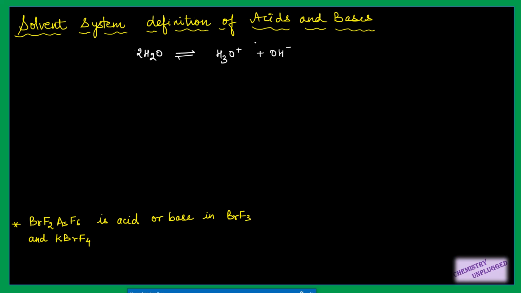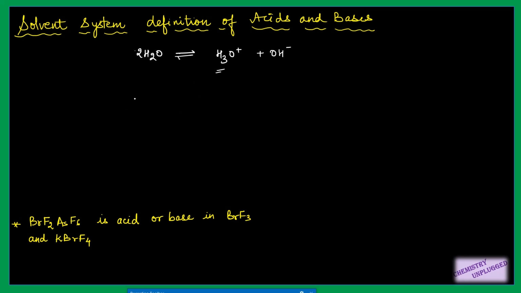Means if you have an acid in aqueous solution, it will increase the concentration of H+ ions, right? Basically a Bronsted acid donates protons in the aqueous solution. So we can compare our species which doesn't have any proton with the self ionization of water. What is the meaning of it?